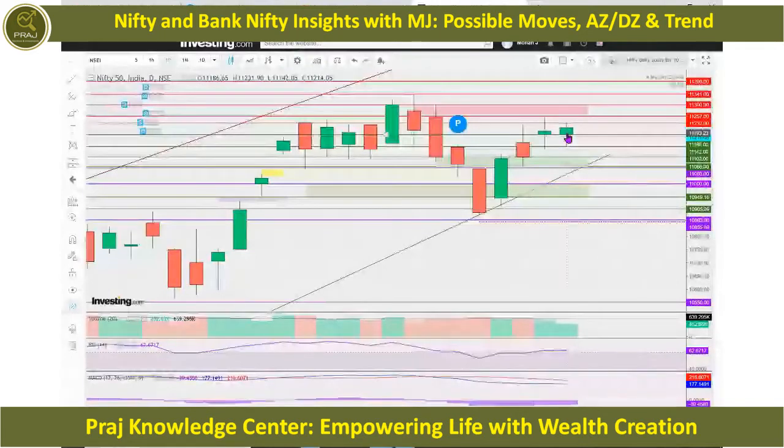If you look at this candle, this is inside this candle. That means it has made a lower high and a higher low. That's called inside candle consolidation. That's the kind of pattern which is coming. And if you look at the candlestick, it's more of a hanging man kind of pattern. And of course, this is in between the distribution zone and accumulation zone, so it may not be that relevant, but again it reflects indecision,